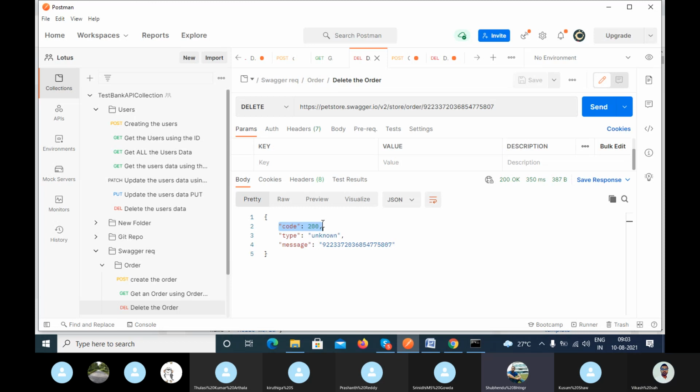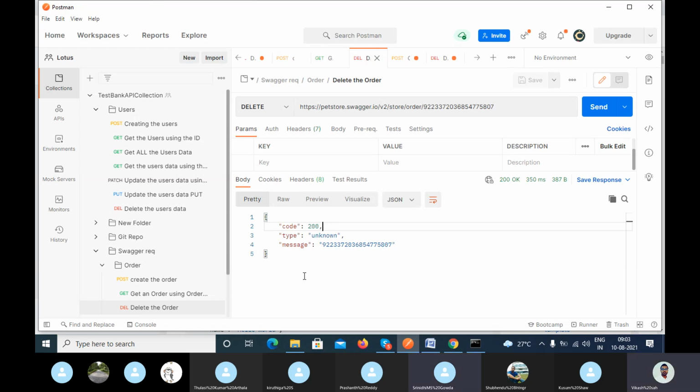Yes. No, so as I told you, this depends on the requirement. Ignore this. This message can be anything, depending on the requirement. You don't have to worry about this message. In your project, this message will be different. In some cases they have used code 200 because they want to print it. But if they don't want to print, they can remove it. So you will not get this in the response if it is not part of your requirement.